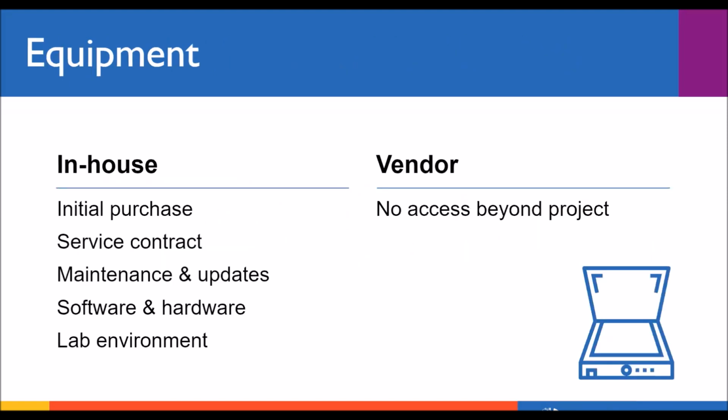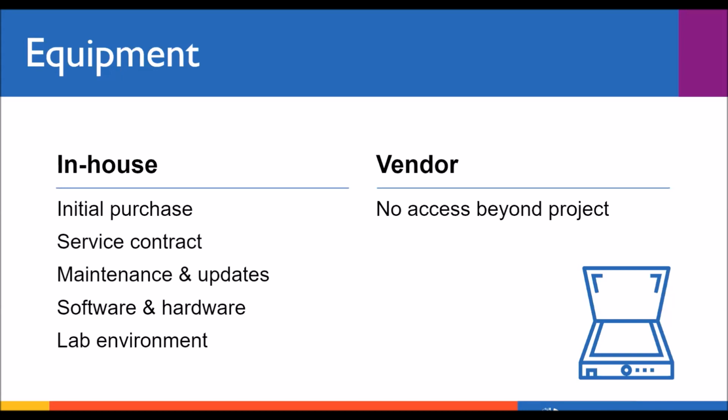First, let's look at equipment. Digitization requires equipment, often expensive and specialized equipment, depending on the format of the media you're digitizing. Small, multi-purpose flatbed scanners can be purchased for just a few hundred dollars, but large-scale overhead scanners can run tens of thousands of dollars or more. Now, there's not only the initial investment to consider, but for this type of equipment, you'll likely need a service contract or at least regular maintenance.